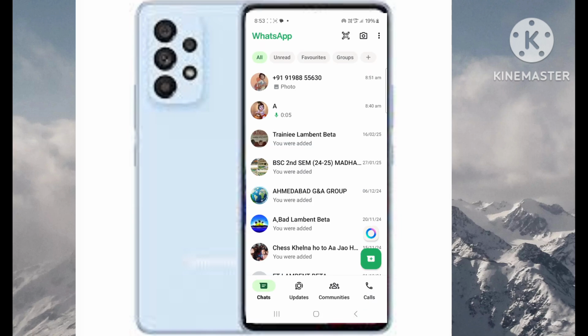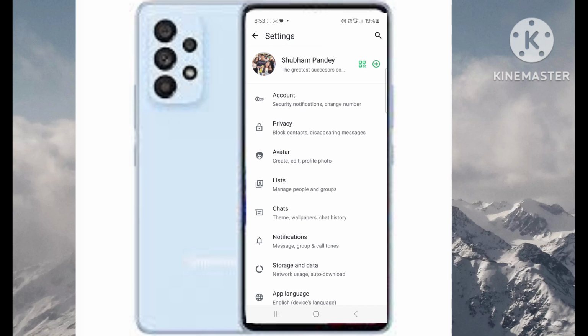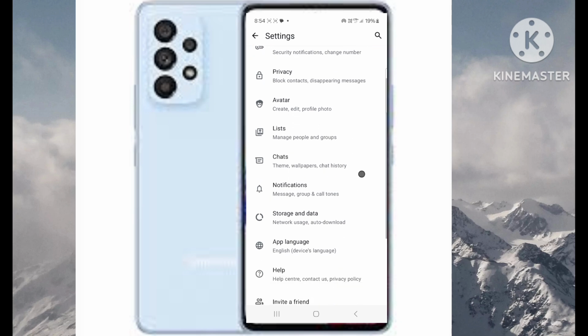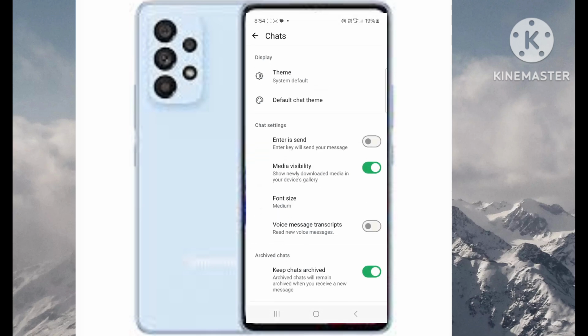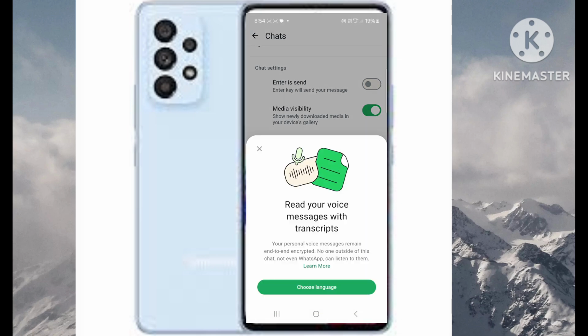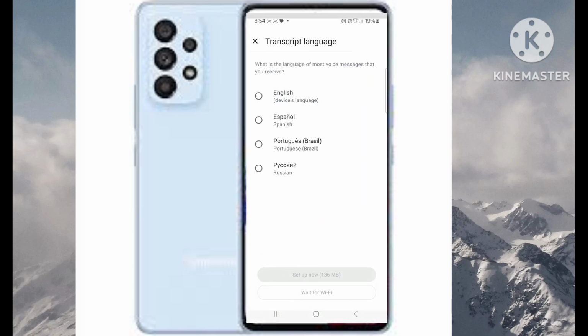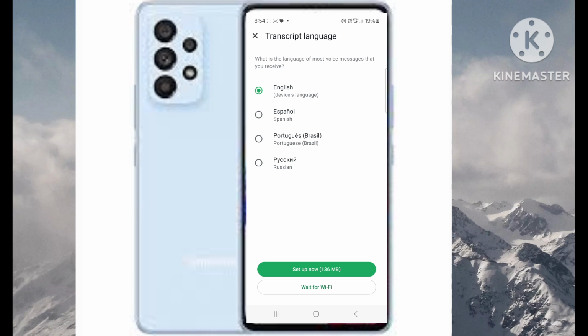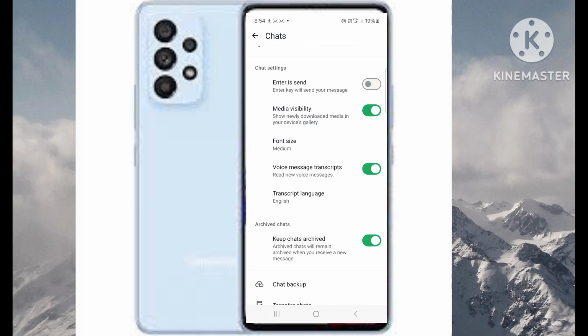So what you have to do, first you have to just click on this three button. Okay, go to settings, and here you will see chat and wallpaper, chat history. Okay, now you have to click on it, and here you will see the option voice message transcript. Enable it. Now here you will see choose language. Okay, now click on it and choose English. Set up now. Okay, now click on set up now,